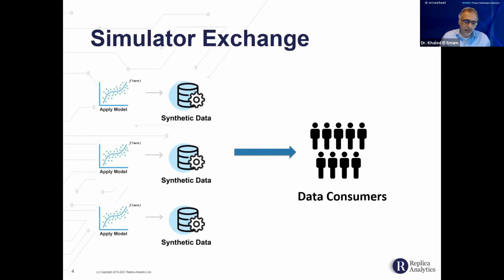So the next kind of evolution of application of synthetic data is simulators. So these models that we create, these generative models, or they're also called simulators, they can be put in a catalog or in an exchange or in a marketplace, and then you can provide access to the simulators to data consumers. So data consumers would then go in, search for simulators for the types of information or data sets they want, and then